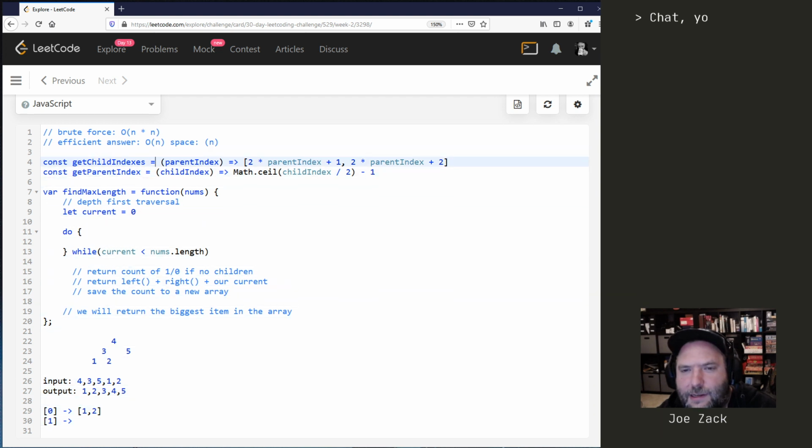I have to run this again. So 2 times the parent index is 1. So 2 plus 1 is 3 and 4. Okay. So 0, 1, 2, 3. Oh, sorry, 3 and 4 are the indexes we're looking at. Okay, so when we look at index 3,